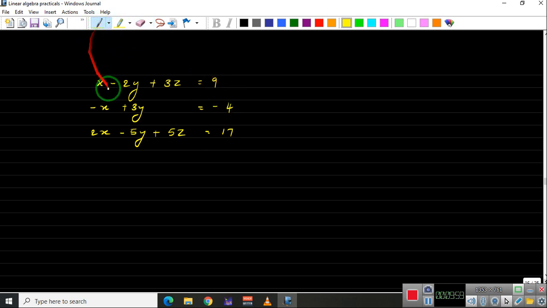Of course, we have not seen any method till now, but if you see this system, you need to find the solution of this. Means you need to find the values of x, y, z. When you substitute in these three equations, you will get 9, -4 and 17. As compared to this system, if I write this system, say x minus 2y plus 3z equals 9, y plus 3z equals 5, and z equals 2.